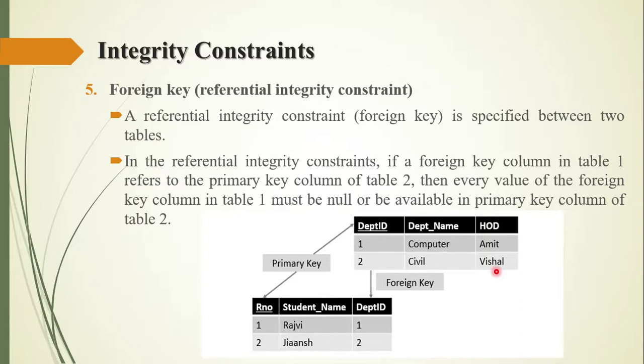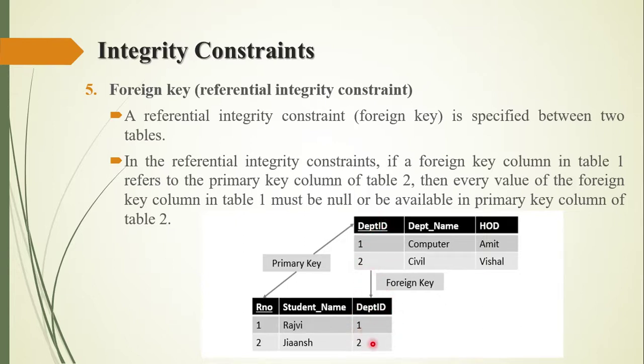Now see here, roll number is a primary key for student. It is a unique value, and department ID is the primary key for this table. Now see here, department ID is a primary key of this table and I am using this primary key in the other table. See here, this department ID column is used over here.